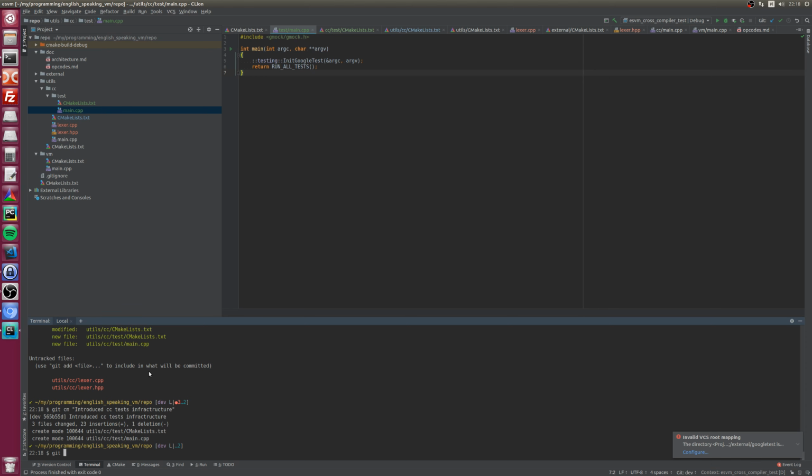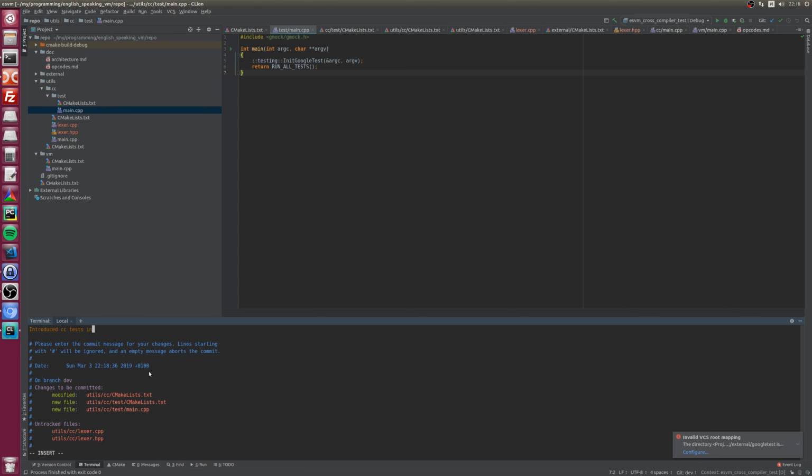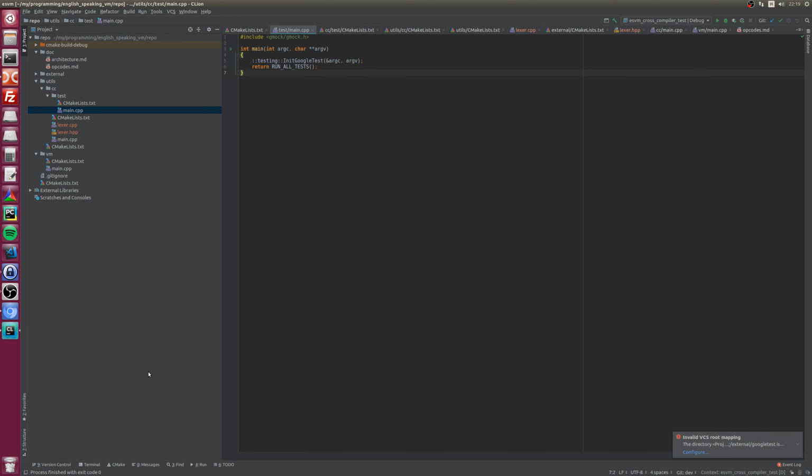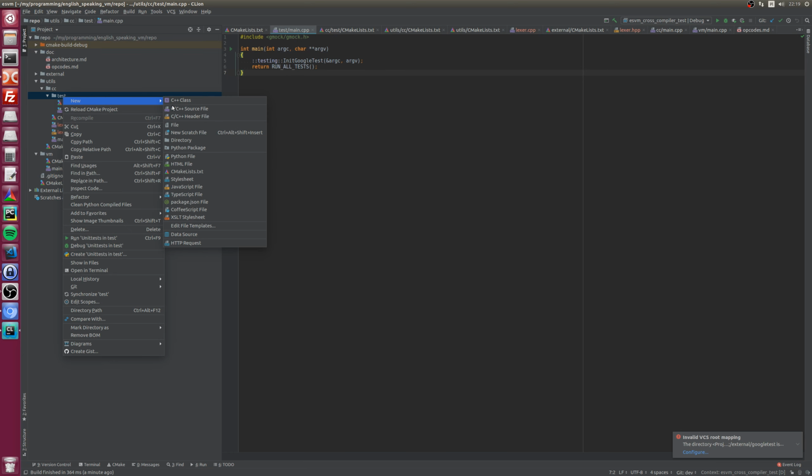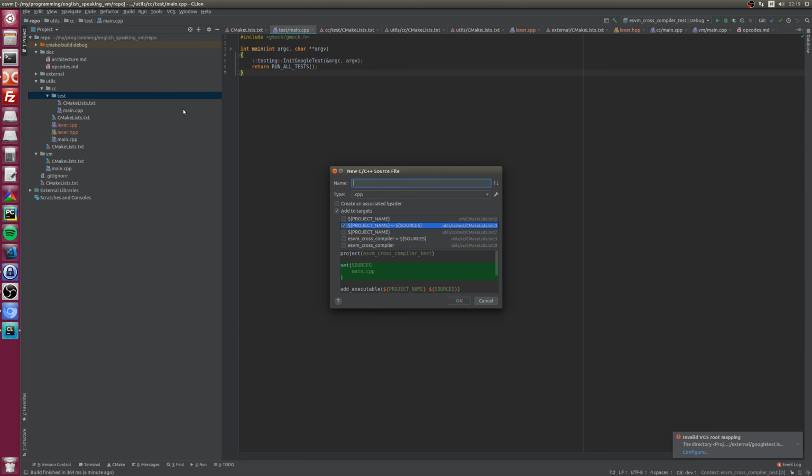I spelled it wrong. Infrastructure. Cool. Introduce CC infrastructure. Cool. Let's add a new file for Lexer tests.